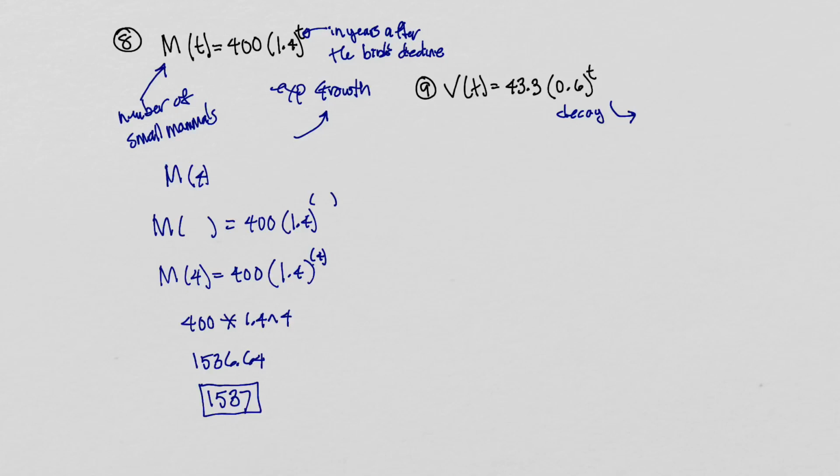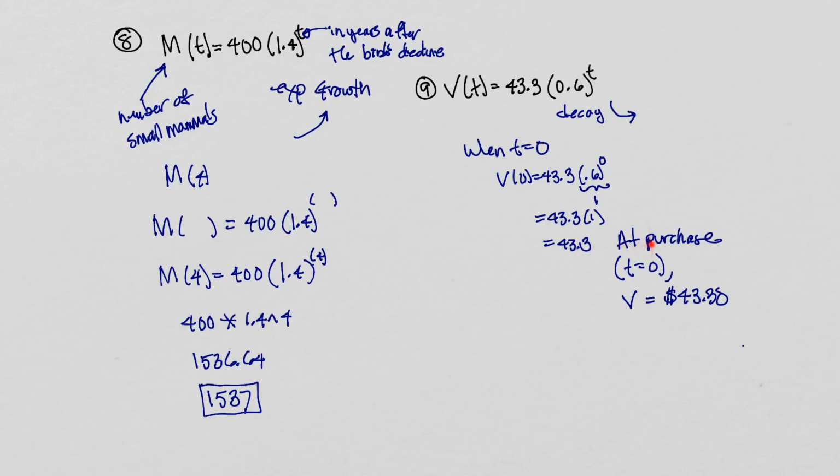What do you think the value of this machine is when it was first purchased? That is when t equals 0. All right, when t equals 0, what we're going to get here is v of 0 equals 43.3 times 0.6 to the 0, but 0.6 to the 0 is a 1, so we'll get 43.3 times 1, which is 43.3. So at purchase, when this machine was purchased, t equals 0, no time has gone by, the value of the machine was $43.30. So we bought the machine for $43.30, and what we want to know now is, in this particular problem,